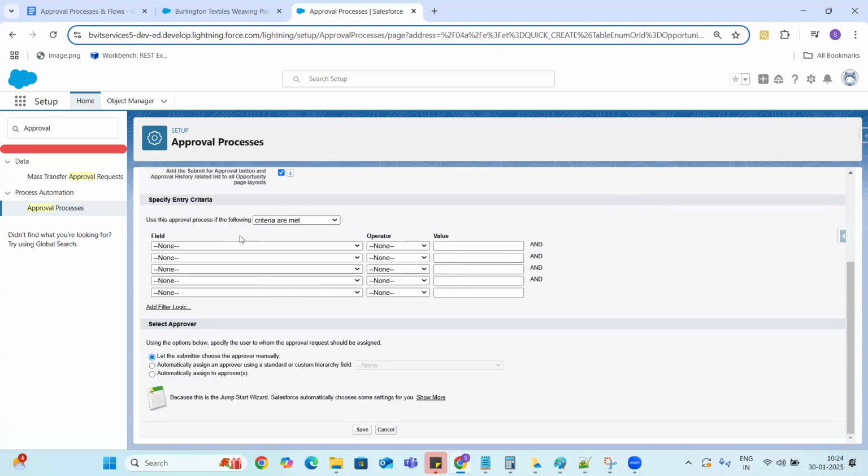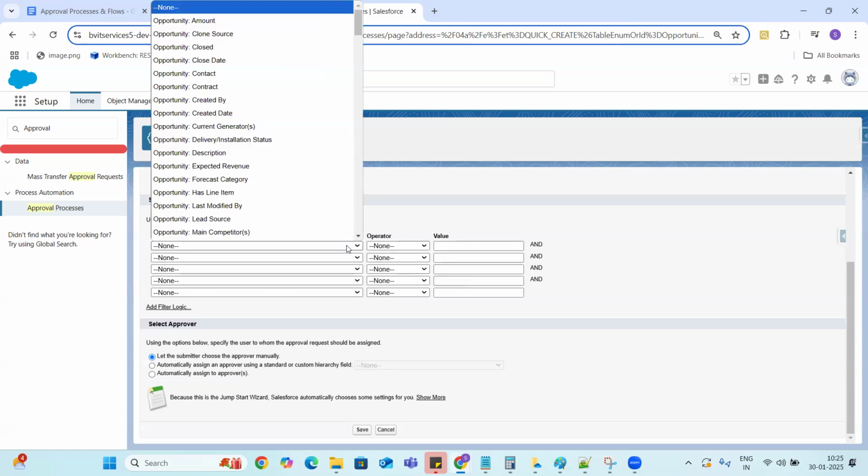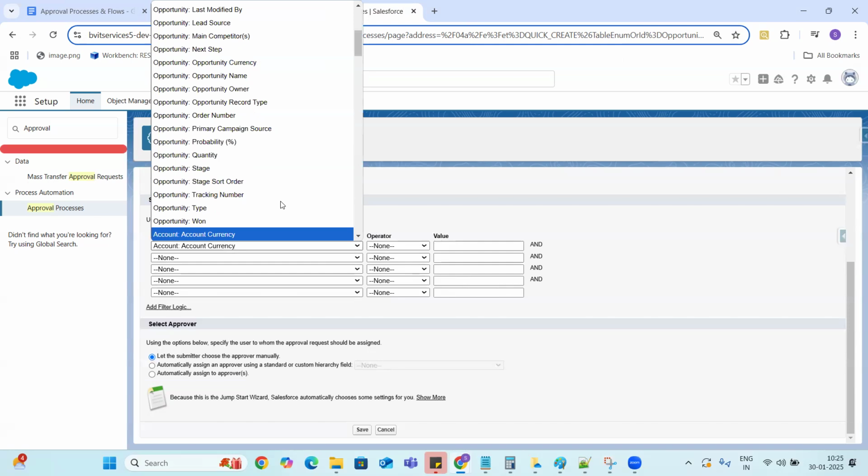Next is to specify the entry criteria: use this approval process only if certain conditions are satisfied. If you want to give any filter criteria, we can filter it. Or else, if you want to call this approval process for each and every record, you can simply not give any criteria. For example, in my case, I told you, right?